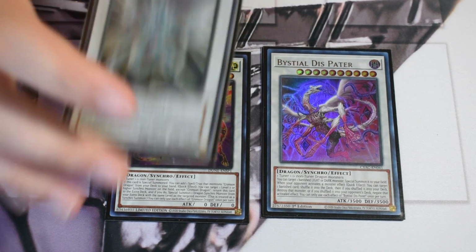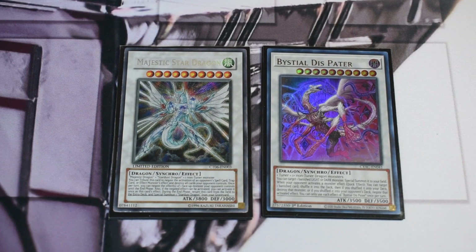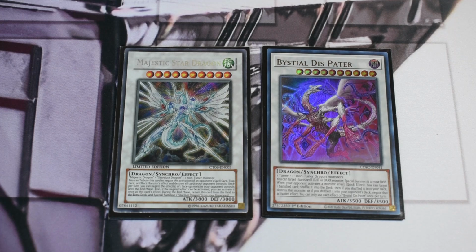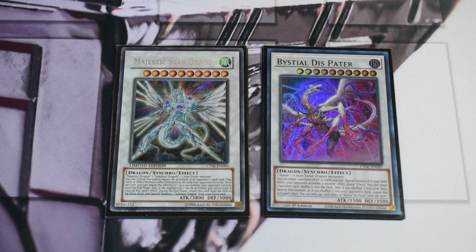The 10 of choice I am doing is Majestic Star Dragon. It's a very old card, but a very powerful card now that we can just tutor it out for free. It is basically an Omni Negate plus a board wipe. When your opponent activates something, you get rid of it. You negate and destroy it, and then get rid of all cards they currently control on the field, which is